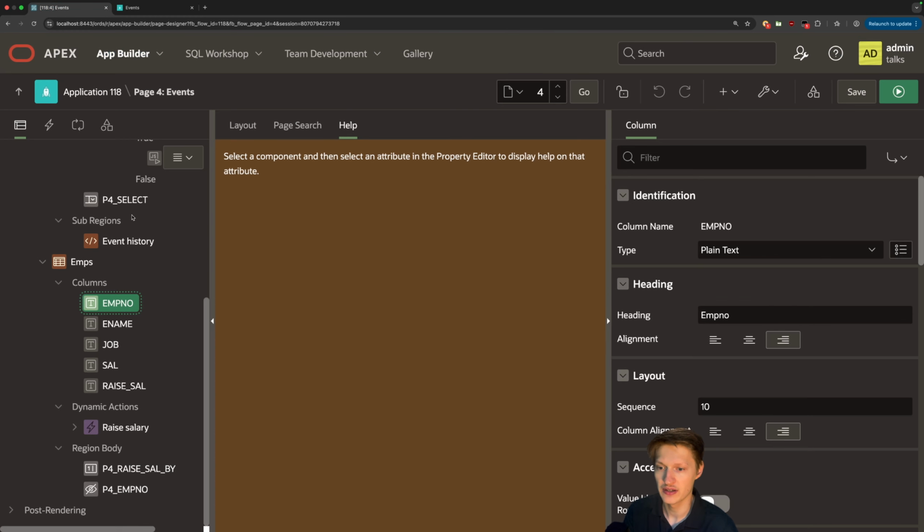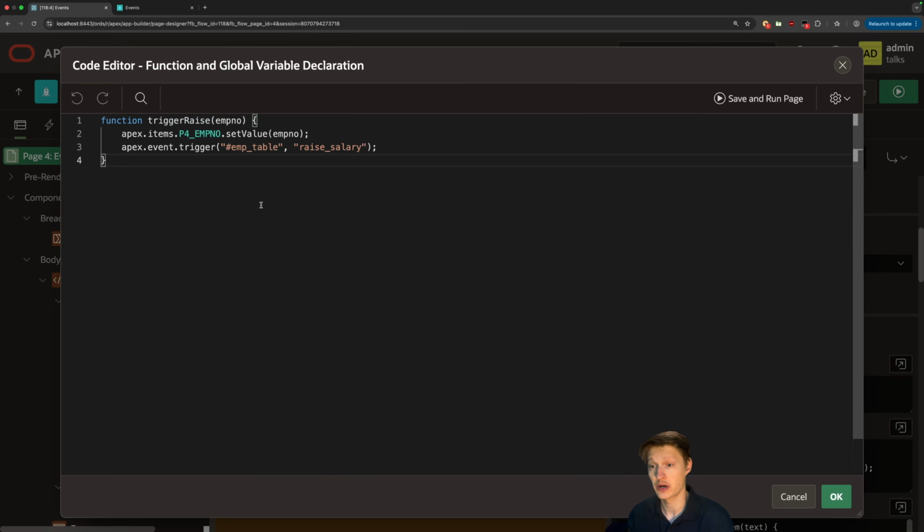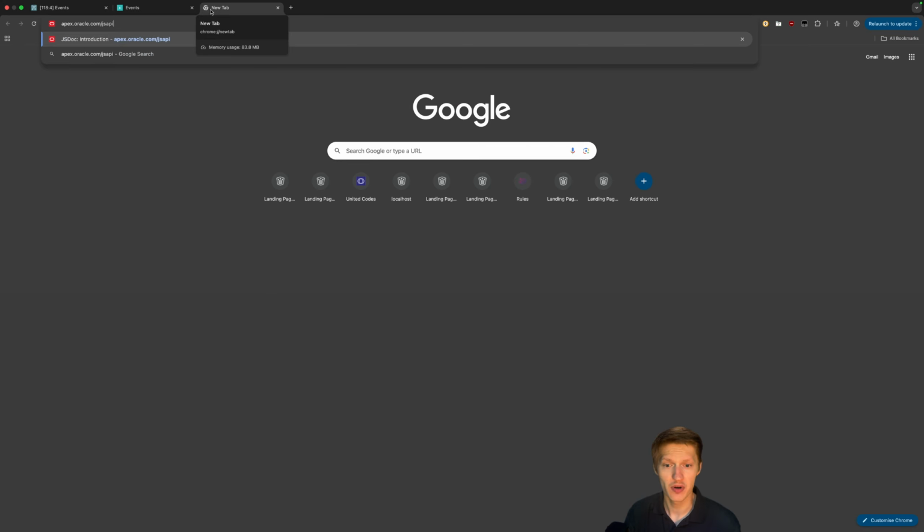But now, more importantly, let's look at the function that gets called. So here, function trigger raise, just a few lines, we pass the emp no, and then I have a hidden item called P4_EMP_NO, and I set it just to the emp no. That's just important for the update we run later, so we can reference it in the where condition. And then I call apex.event.trigger, and that's our way to create a custom event basically. Remember